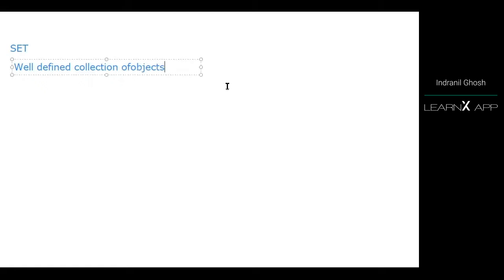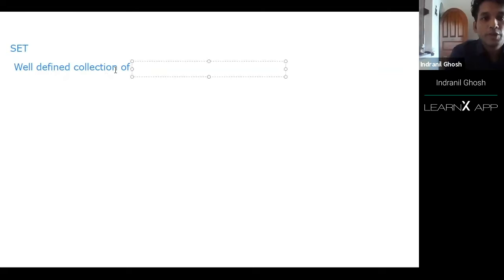Sir, sets are the well-defined collection of objects. Okay, it should be a well-defined collection of objects. In this manner, if I consider a few different cases,